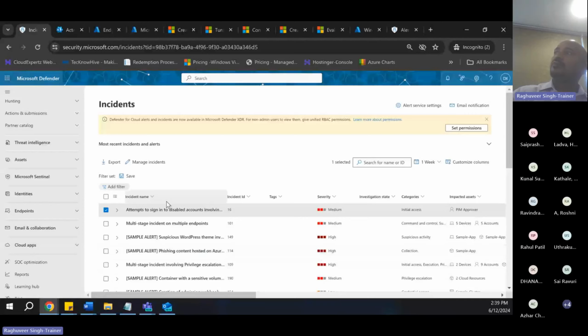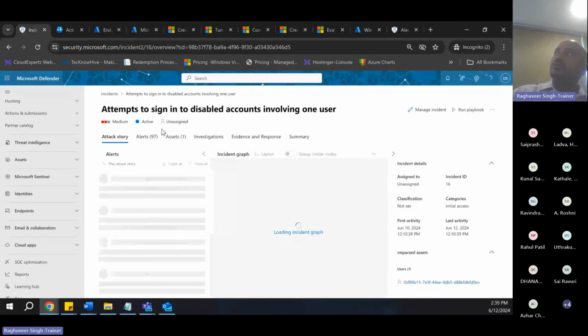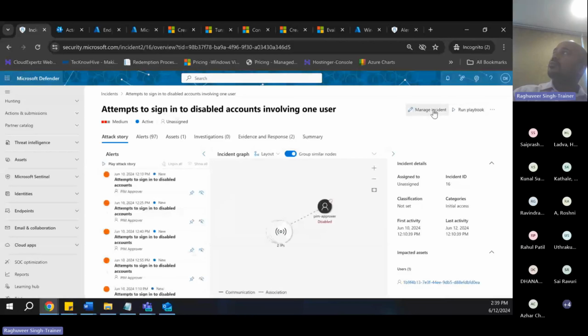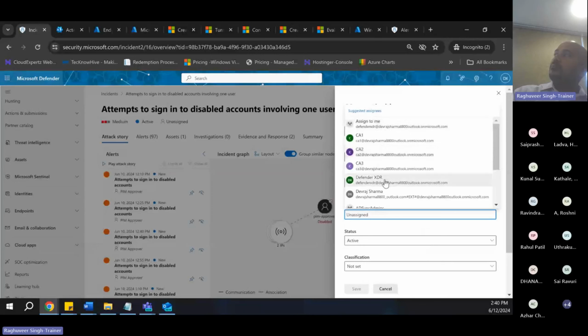Over here, I can manage everything. I can select an alert and I can go to the details of that alert. I can assign that alert to an employee. Employee means a Microsoft Entra ID identity who is synchronized here. You can see unassigned here. I can go ahead and manage incident over here and I can assign this, for example here. I can select the incident name and I can assign this alert to any of the users of my Entra